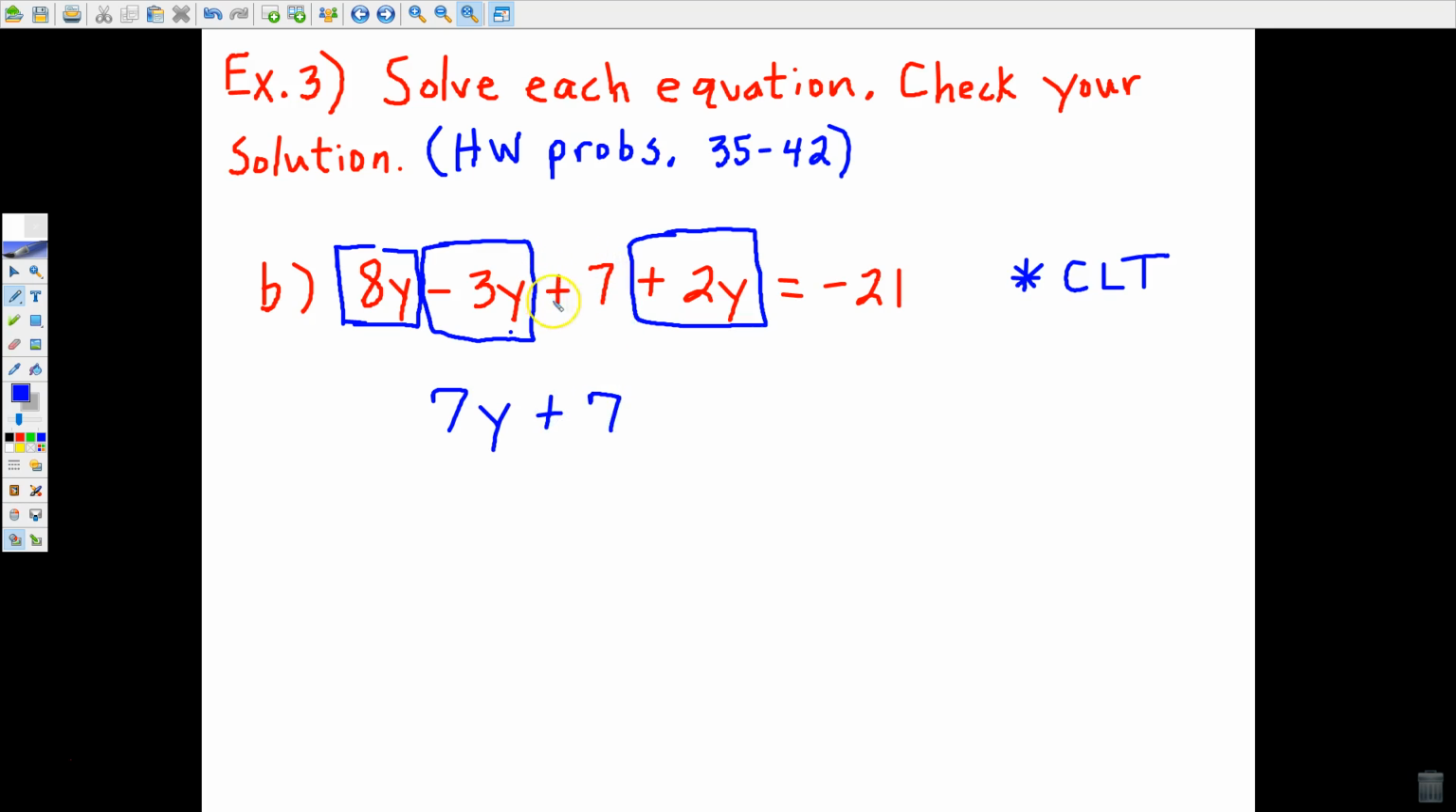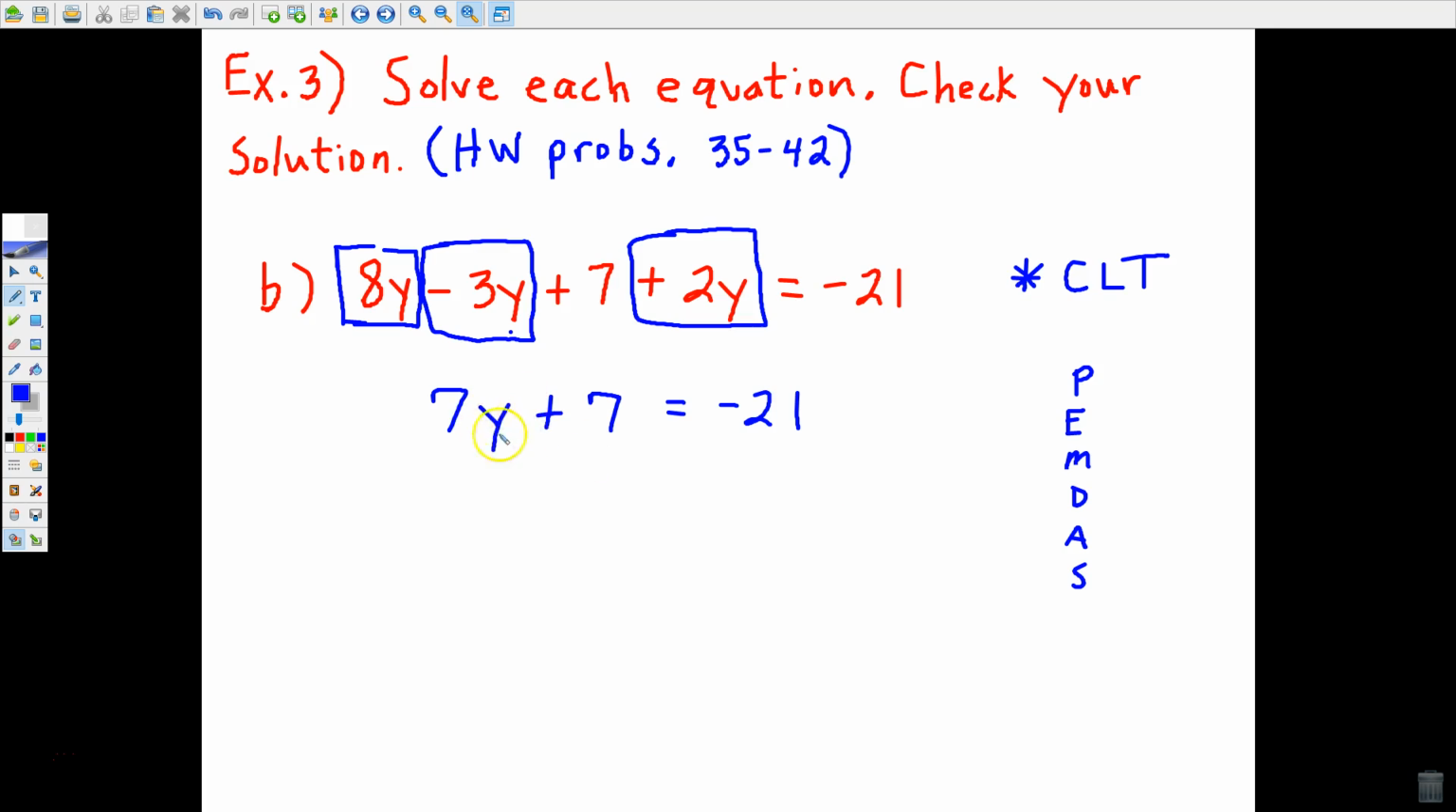And I'm bringing down the term, the constant 7, because it was not like the others. I could not combine it. Okay, so I've simplified. Simplify by CLT before you start to go through your reverse PEMDAS